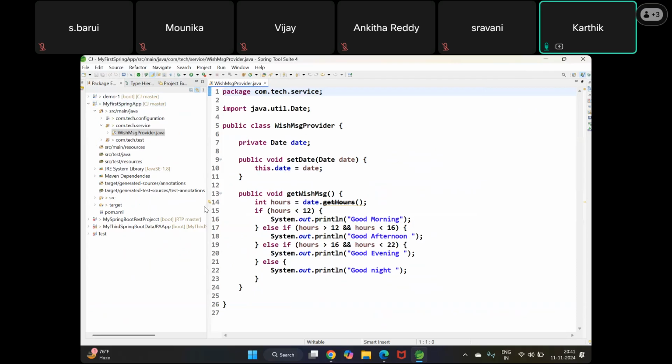After developing the simple core Java application, I took a wish message provider class. Inside the wish message provider class, I took a get wish message method. It's a non-static method. Since it is a non-static method, we need to create an object for